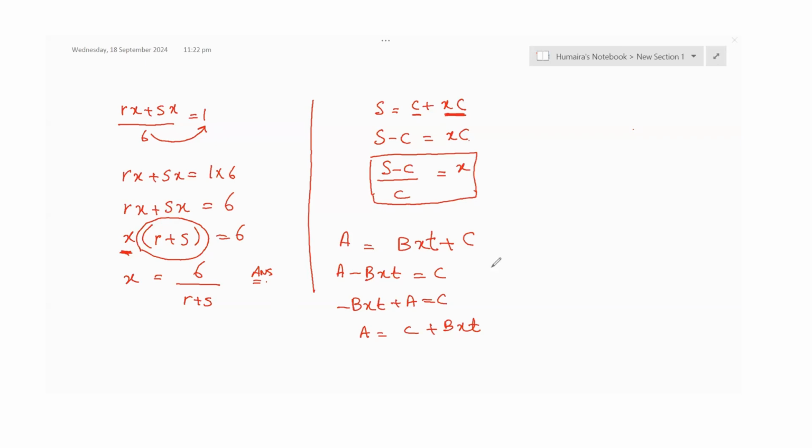Why just bt? Why not bx? Because what we're looking for is x. Okay, we are looking for x, but we have to eliminate the corresponding values one by one. We can't do this one. We can't. If we add bt,